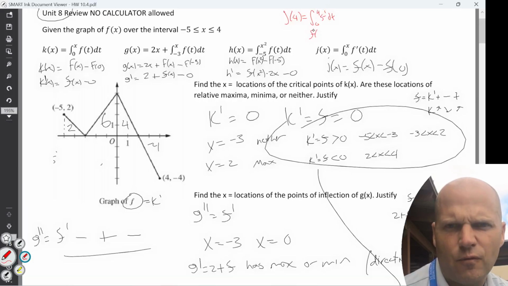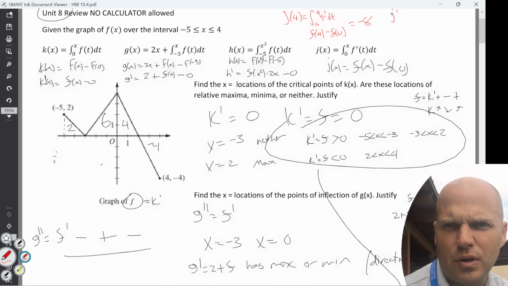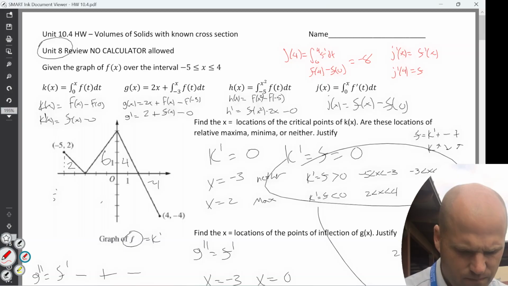I would have f of 4 minus f of 0. F of 4 is -4, f of 0 is 4, so that'd be a -8. J prime is equal to f prime. J prime of 4 equals f. Is that what I want? 4? 3. 3. J prime of 3